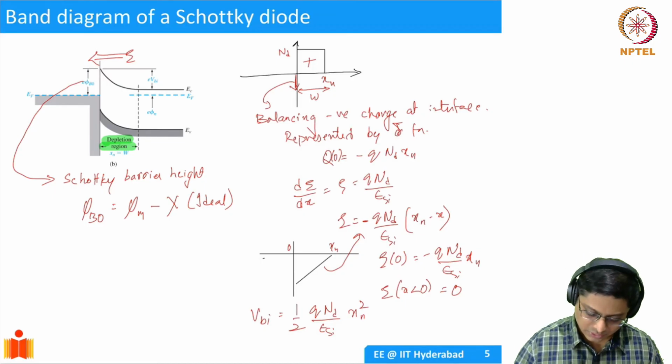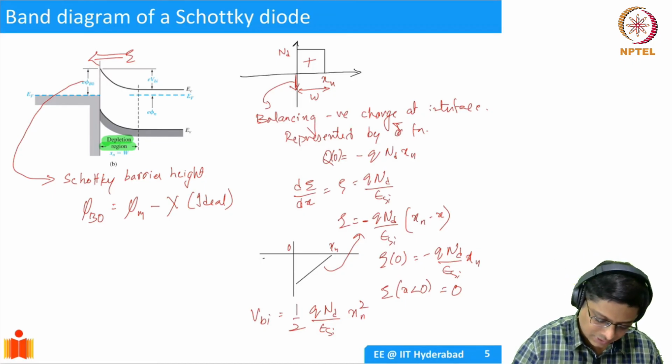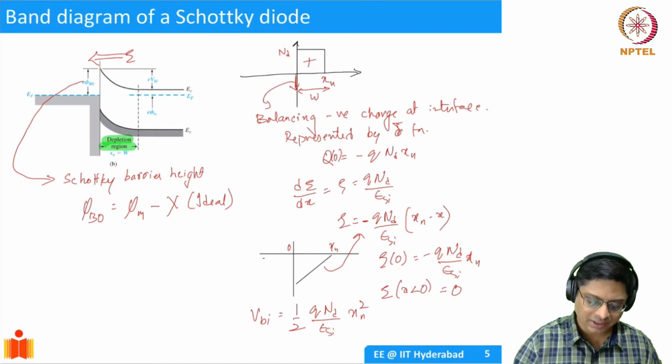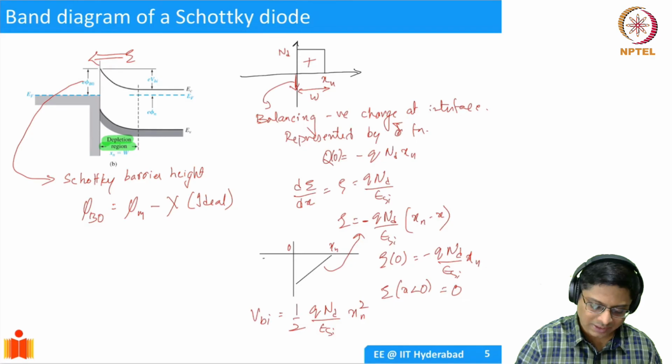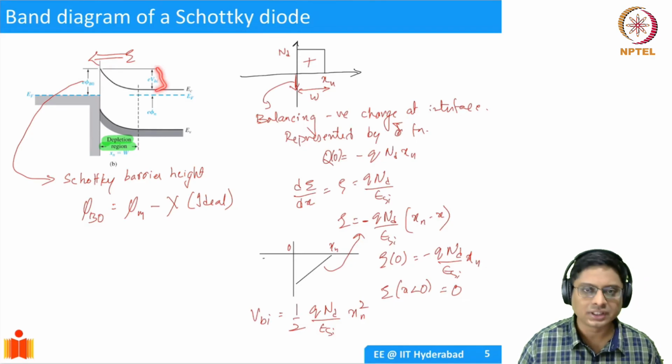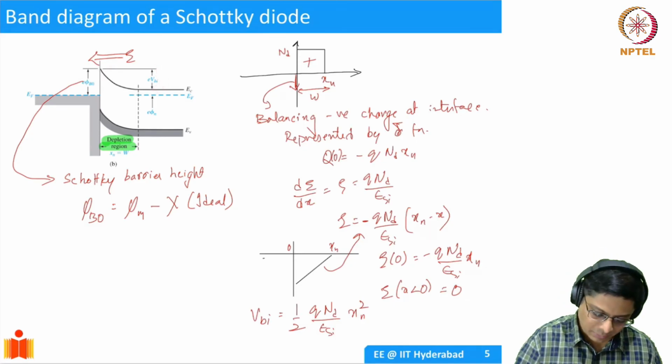So that's why, you could also write, that's why we are showing this as a built-in potential here. So there's going to be band bending, and the bending of EC at 0 and at the bulk is going to be this difference, the built-in potential. And built-in potential can be given as